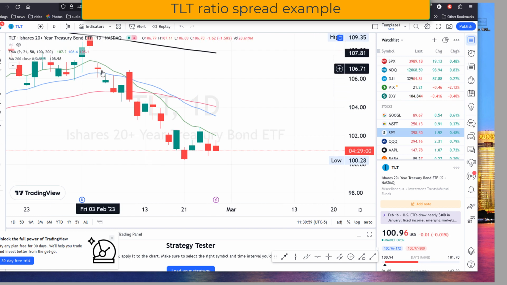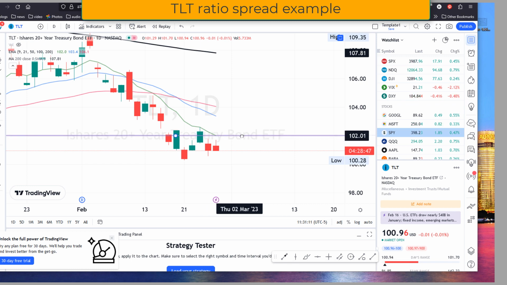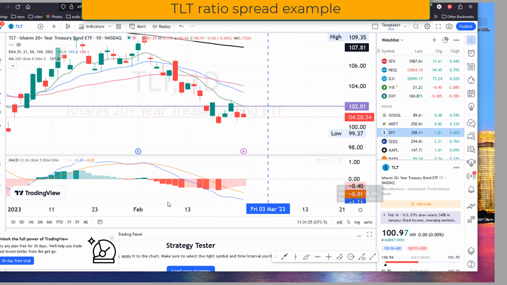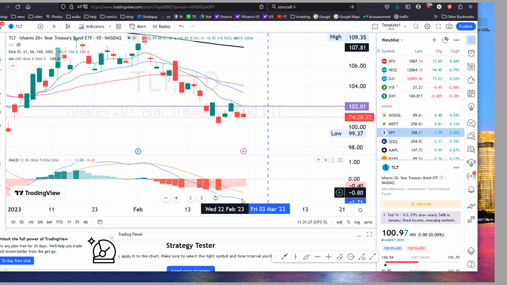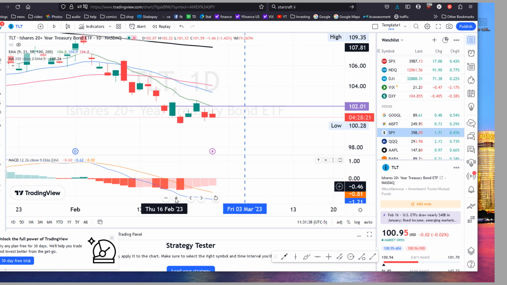Looking at the daily chart, it seems like it's just continuing on this downward trend, and it's having a really tough time going above this green line, which is the 9 EMA. So if I draw a line here where the green line is now, it's about 102, and this Friday is going to be right here. The MACD has fallen below the zero line, and it's continuing to go down,